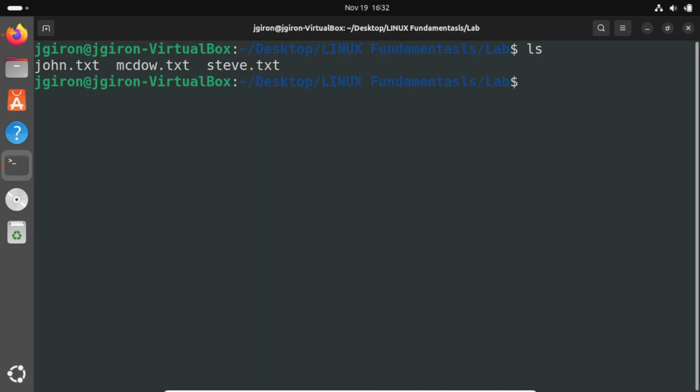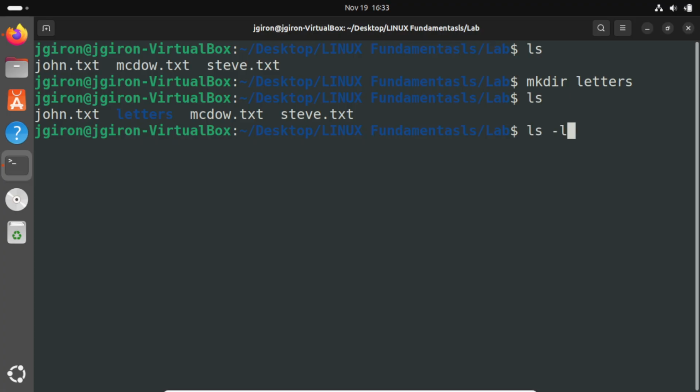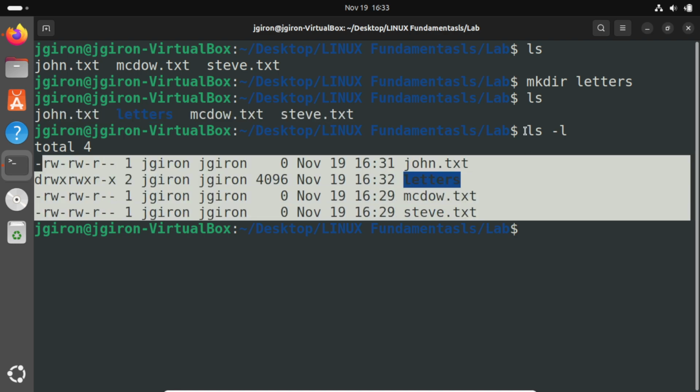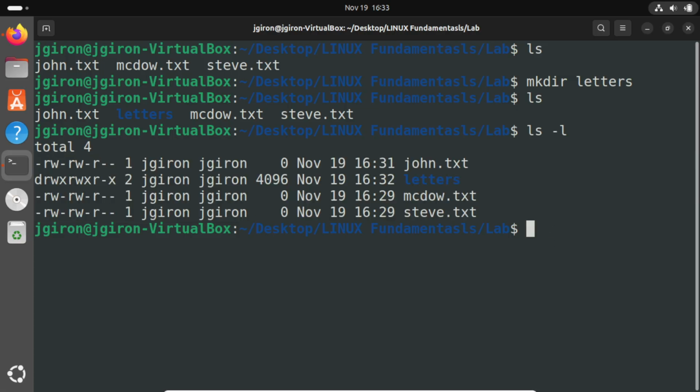Let's say I want to organize all these letters by putting them inside of a folder called letters. So for that, I can just type mkdir and then the name of the folder. That's going to be letters. Let's do ls. We can also do ls -l. This is the same thing, same output that we have here. The only difference is that with this option we have more details. So after running ls, we're able to see that we have a new item, and it's this one called letters,